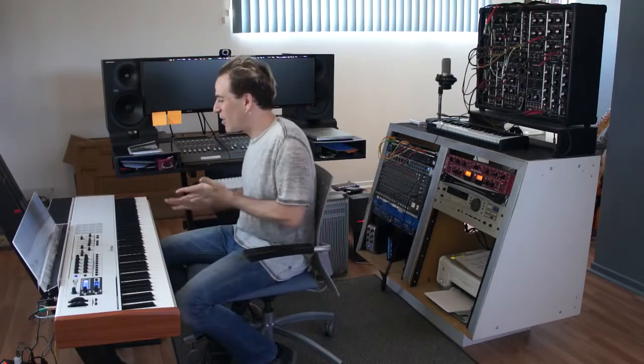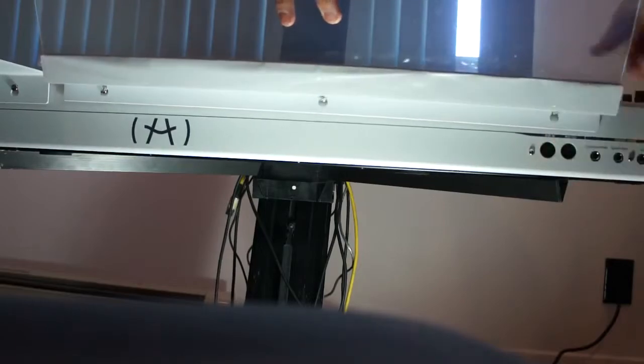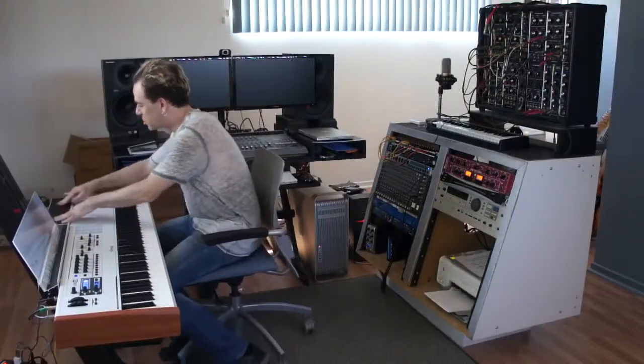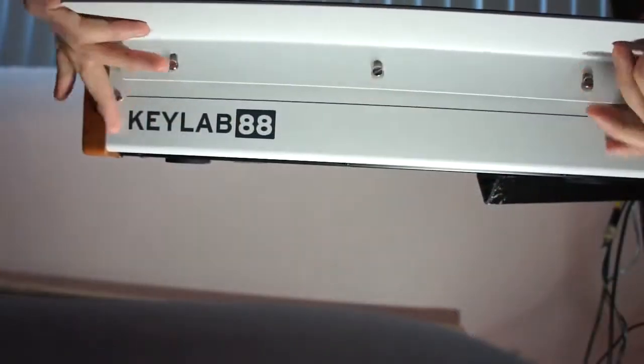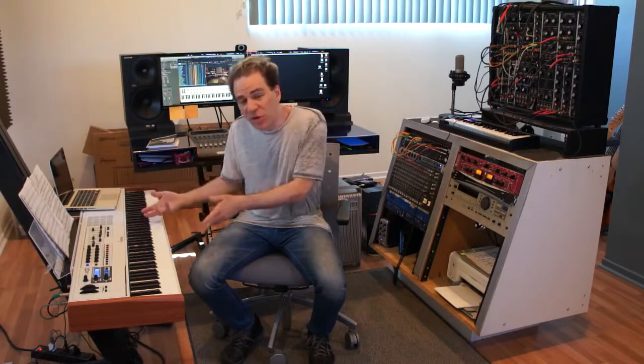Another thing that's really unique about the KeyLab 88 is they've included these sort of shells, if you will. There's a music stand that slides in on little keyhole holders, and there's this little shelf guy over here. The laptop shelf is sort of the perfect accessory for your laptop if you're going to be running Arturia's Analog Lab virtual instrument. Analog Lab is, of course, included with the KeyLab 88, and it's sort of a greatest hits